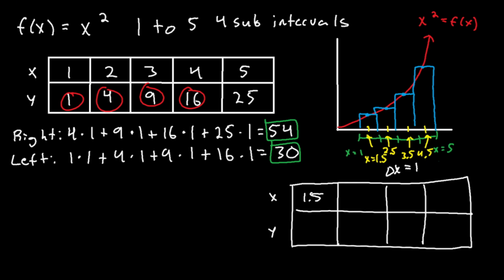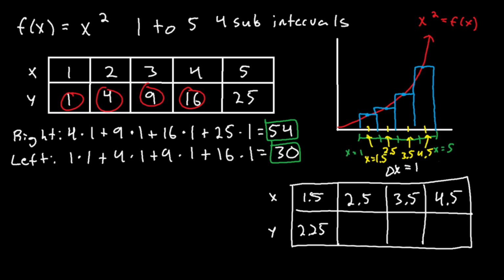1.5 to 2.5, delta x is 1. 2.5 to 3.5, delta x is 1. Their difference is still 1, so the distance between the points is still 1. But we have to use decimals now. This is going to be a lot more annoying, but we just need to calculate 1.5 squared,